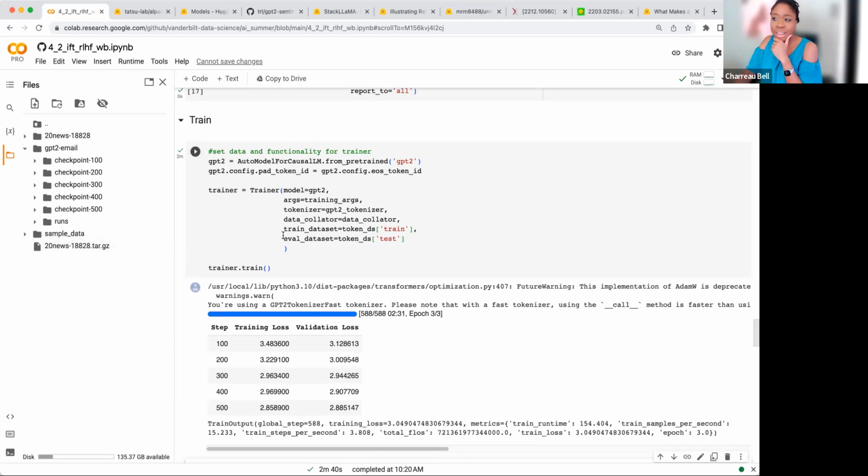Some people will call this domain adaptation. There are just many words associated with this, and you have to look at the context in which people are using it and what they're describing when they say unsupervised fine tuning. I think the reason that some people will call it unsupervised is because you yourself don't have to provide any label. The label is inherent in the data set, and it's just the next token after wherever you are. And some people, I think, would call that semi-supervised because you do provide a label.